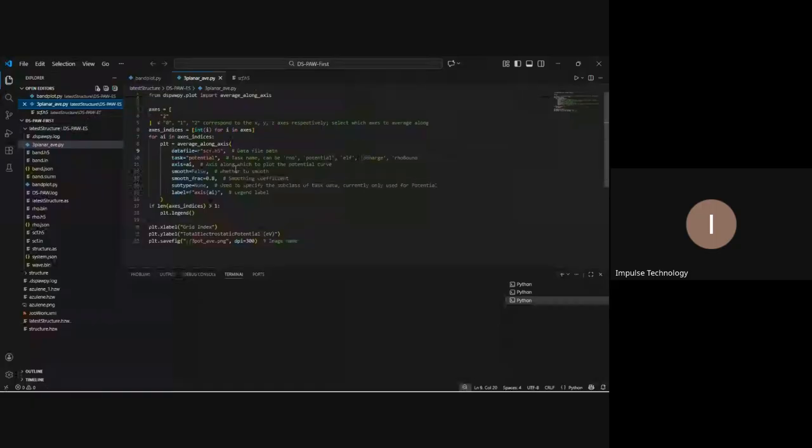Here you can see there's some script related to that to plot some graph, like for total electrostatic potential. If I run this,